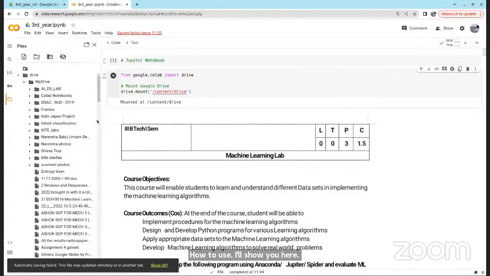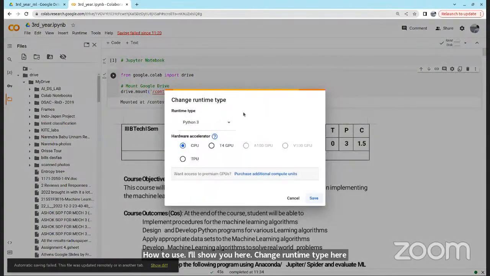Change runtime type here. Here you have the availability. So here you have Python 3. You can run R as well, but yeah, with Python 3 you select the hardware accelerator. You have CPU, T4 GPU, and then A100 GPU, V100 GPU. Those which are not highlighted, you have to subscribe to.